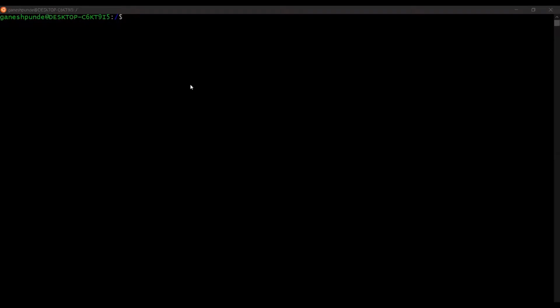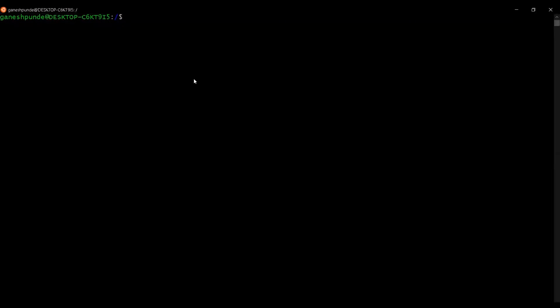Okay, so now we will see practically how to find files and directories using the find command. We already did the locate command, right? So let's say I want to find the files.